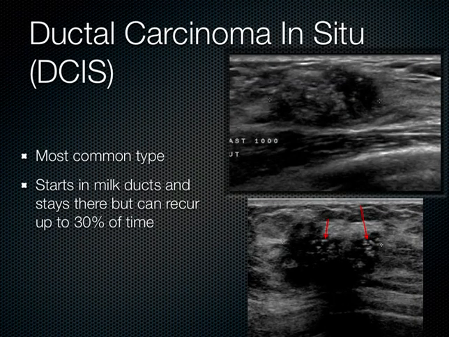Now this is the most common type of breast cancer. It's called ductal carcinoma in situ, or DCIS, and it starts in the milk ducts and usually stays there, but sometimes it can recur, up to 30% of the time. Now these red arrows here indicate the microcalcifications, and note how readily these microcalcifications are seen here, and it's by far more common than the other type of carcinoma called lobular